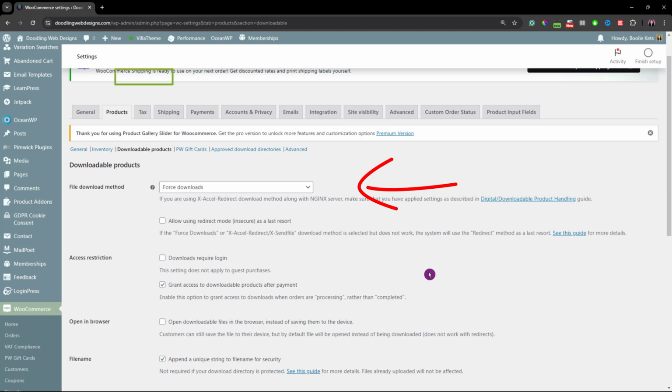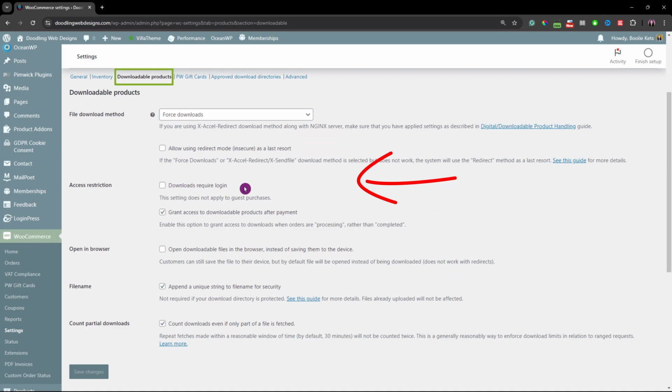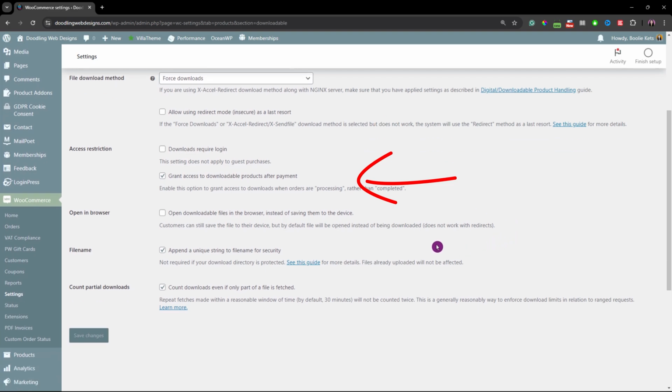As for the access restriction, it depends on how you sell your digital products. You may or may not need your customer to log in to download it. The first option doesn't apply to guest purchases though. Usually we leave the second option checked for granting access to downloadable products after payment when orders are marked as